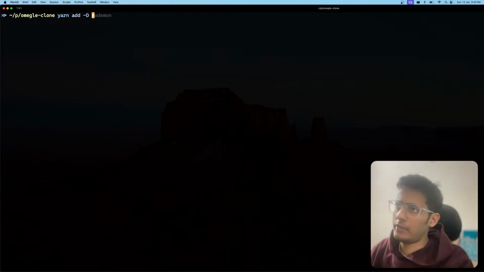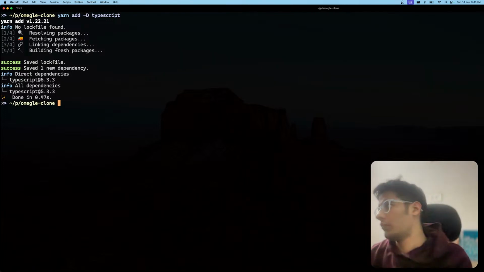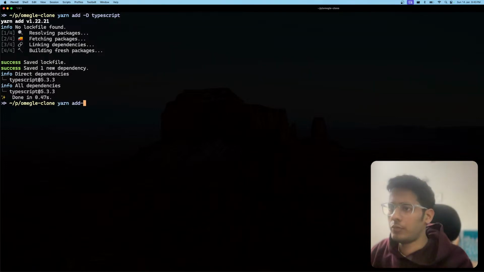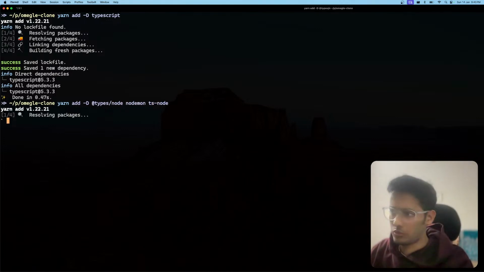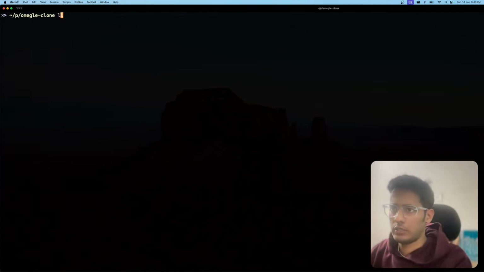What should we add? TypeScript. Why are we using TypeScript? Because it will compile our TypeScript from whatever we are coding to JavaScript, and then we can run JavaScript. We would need a few more things: node, and then nodemon, and then ts-node. All this will be required for running it locally on the